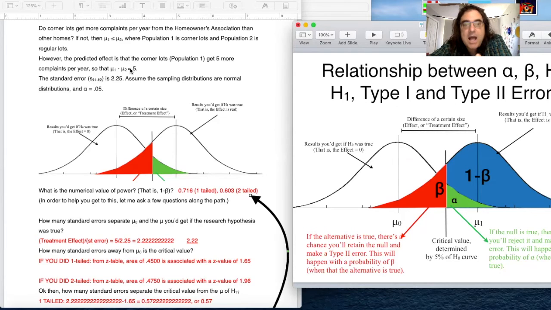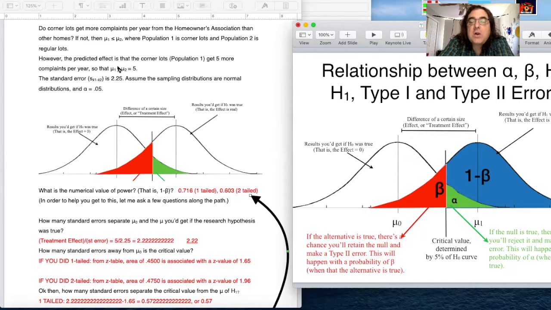Now, I have not needed in any way to give you the actual value of complaints for the first population or the second population, because that doesn't matter and it never has. The only thing that matters is whether those populations give you the same value, in which case subtracting one from the other gives 0, or different values, in which case subtracting one from the other gives the treatment effect. So the treatment effect, the effect of being a corner lot, is to get 5 more complaints. I've thrown you a standard error that is 2.25,